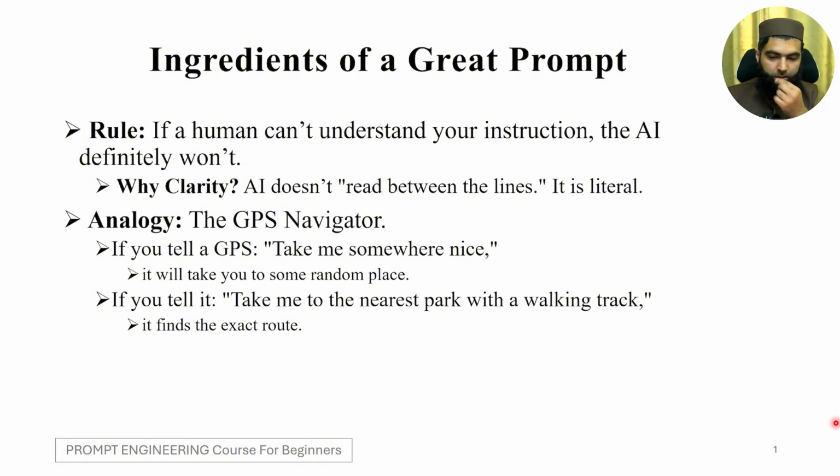So you need to specifically mention your need. When we mention our specific need, like we have a very short time, although we didn't mention this, still when we ask it to take me to the nearest park, it will search for the nearest park and then the walking track. So it will find the exact route. In this example, you can see when our instruction was vague, even in our normal daily life, we can end up getting random results. But if our instruction is very clear, this is the rule that I want you to learn from this lecture: clarity is very important.